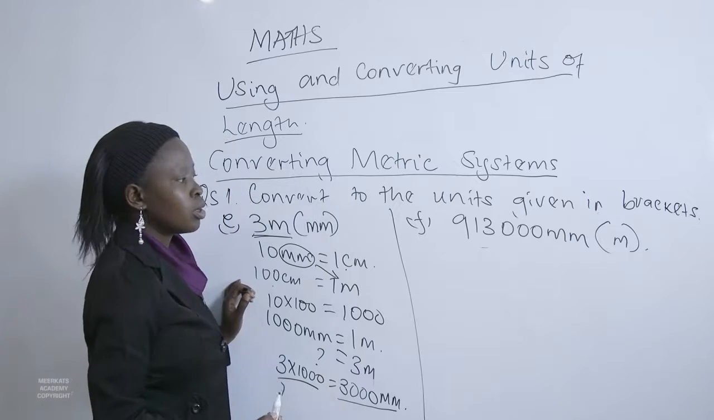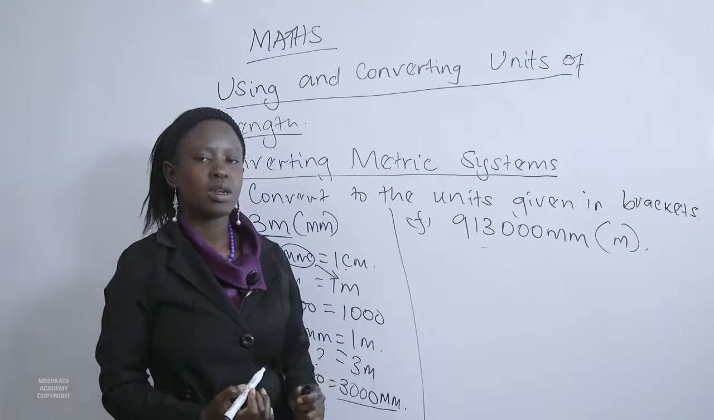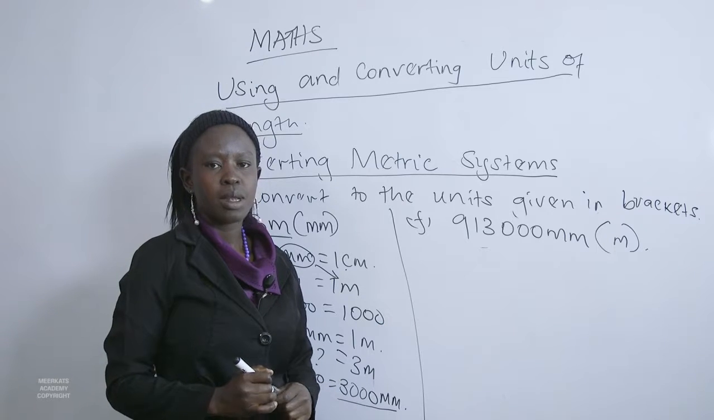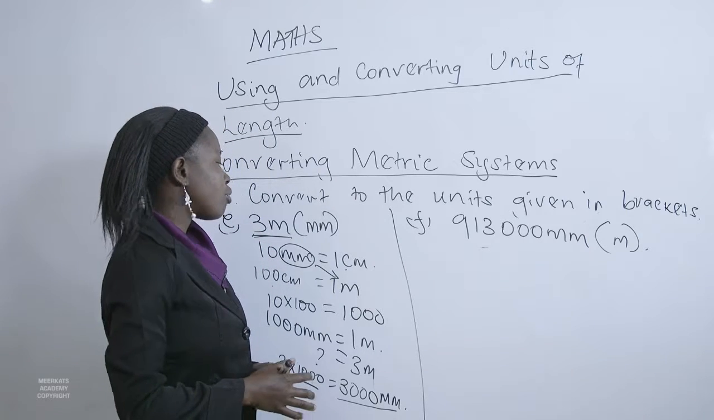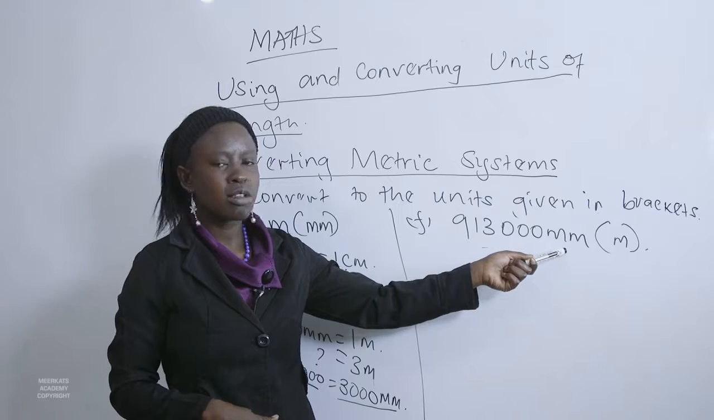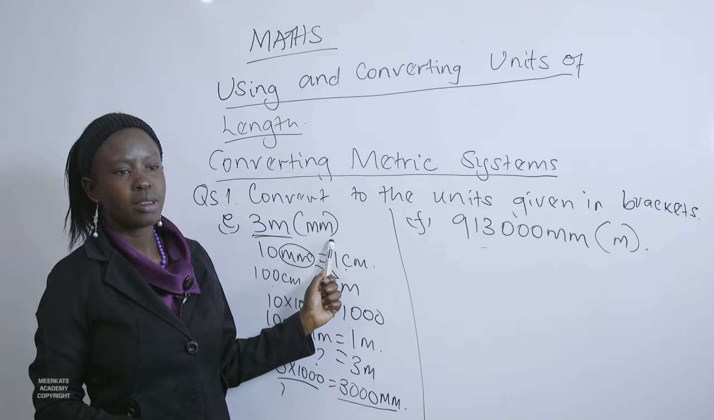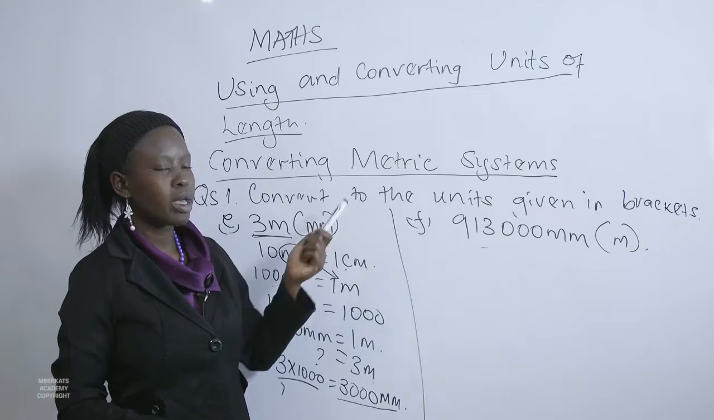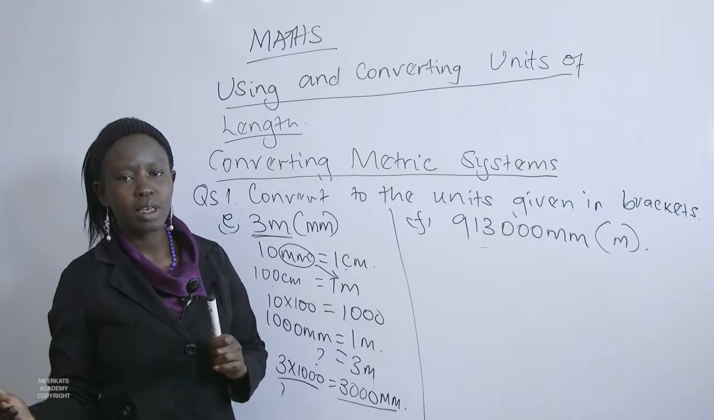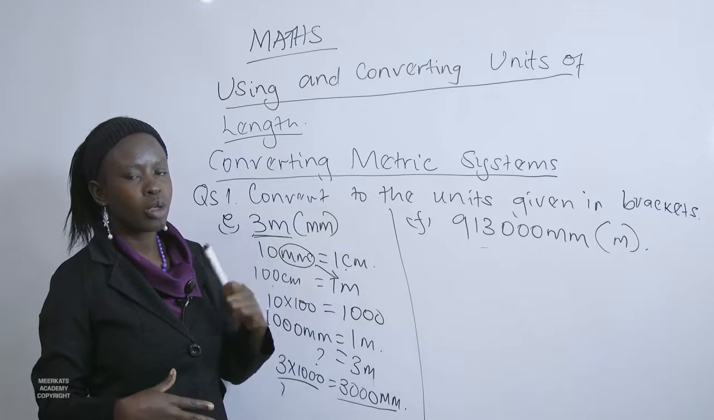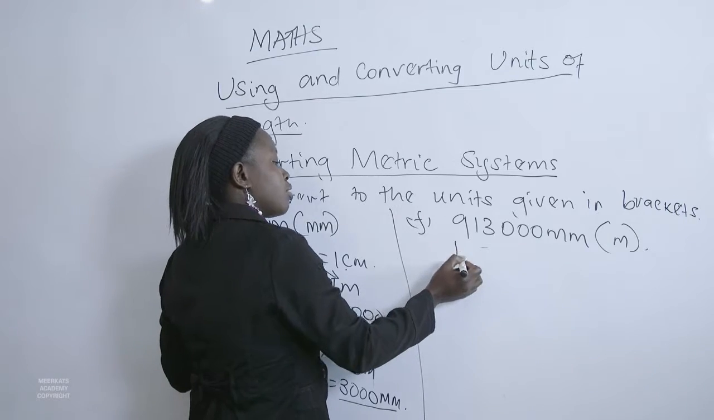The next question, or the next part we need to solve, we have 913,000 millimeters. We convert it to meters. Now we are having conversion from millimeters to meters. What we had here was meters to millimeters. So now we are working out in the other way, so that we are having the value in millimeters and we need to get its value in meters. Just the same procedure we are taking. We are saying that 10 millimeters